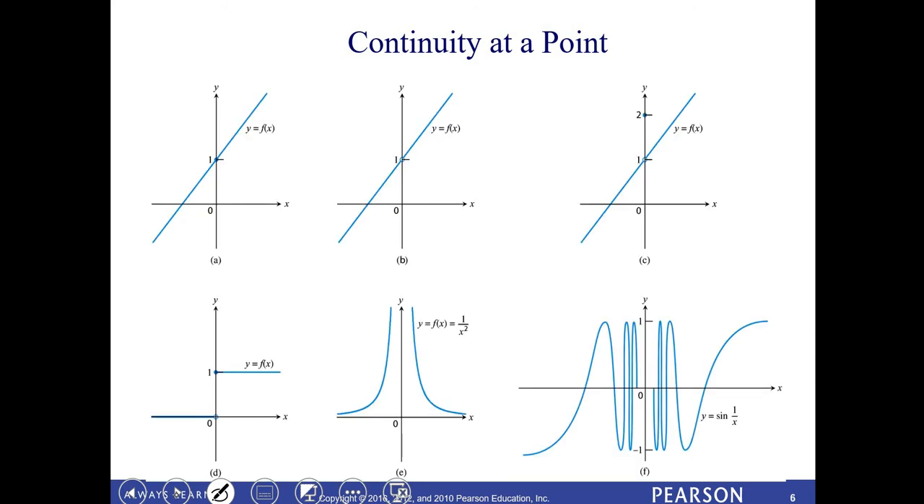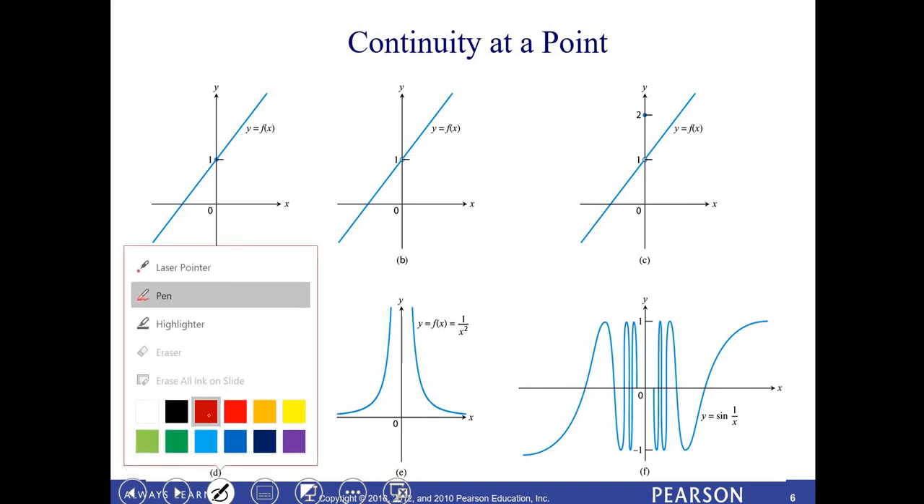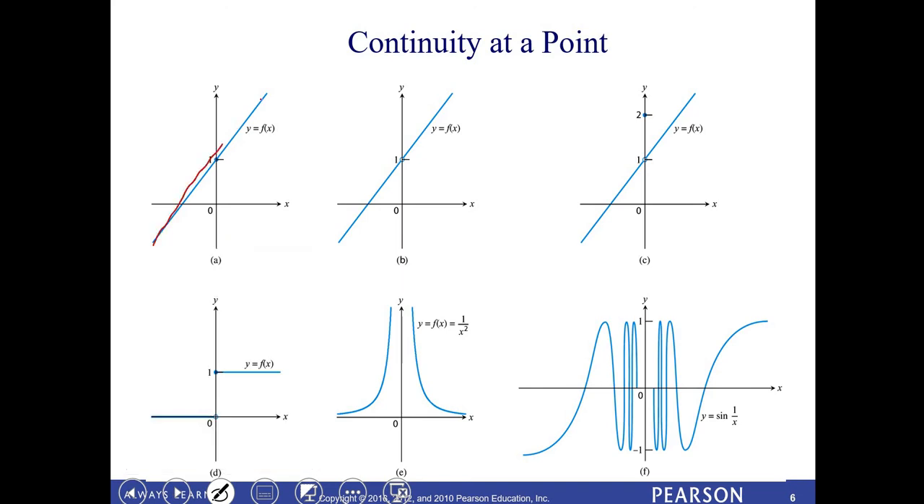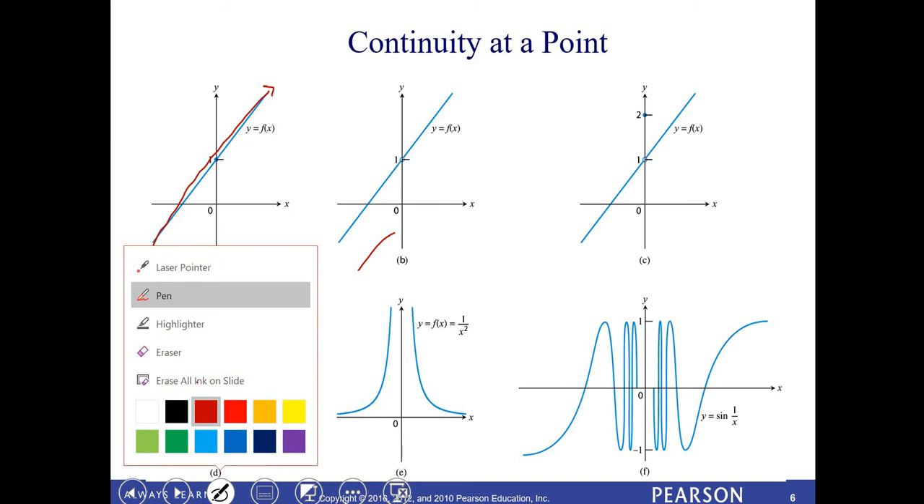So the first graph is a solid line. It goes from here to here. There are no points of discontinuity, and every point on the function is a point of continuity. This graph has a little hole at 1. Hopefully you can see that. So since there is a hole,